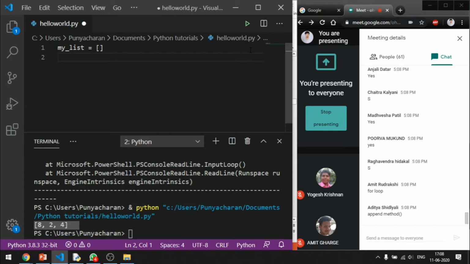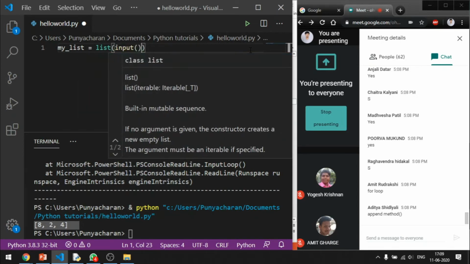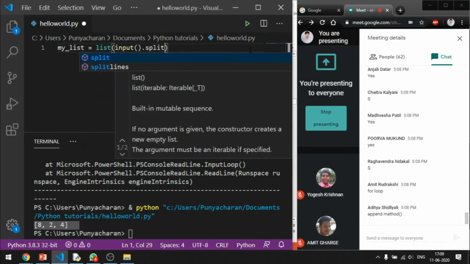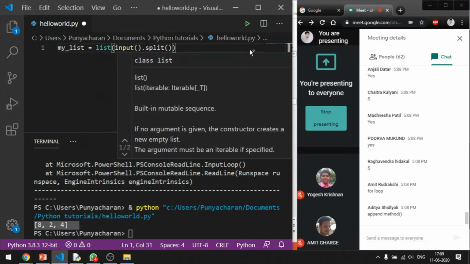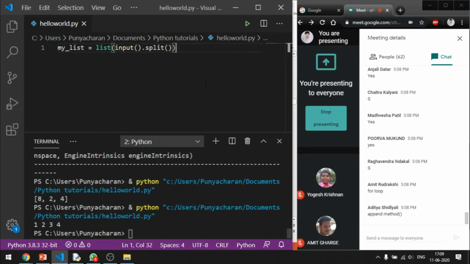So you can use the split function and the input function at the same time. my_list is equal to list of input dot split, right? Let's see if this is going to work. Perfect.